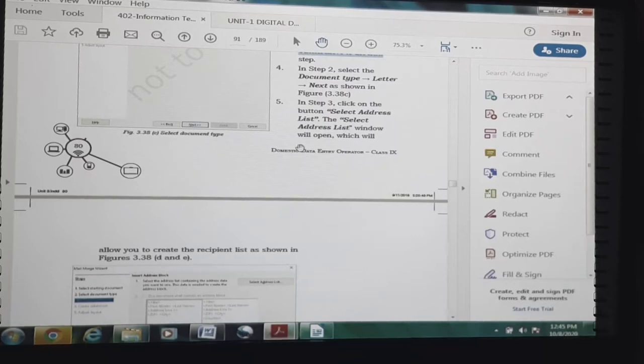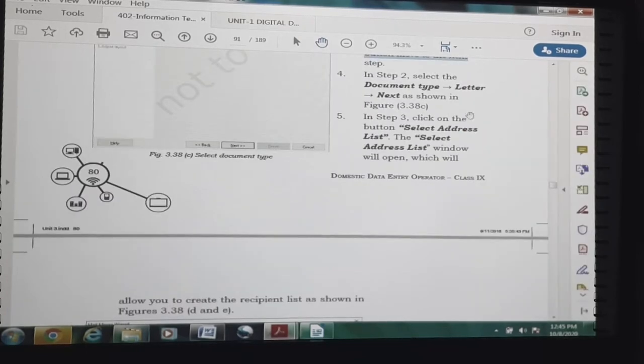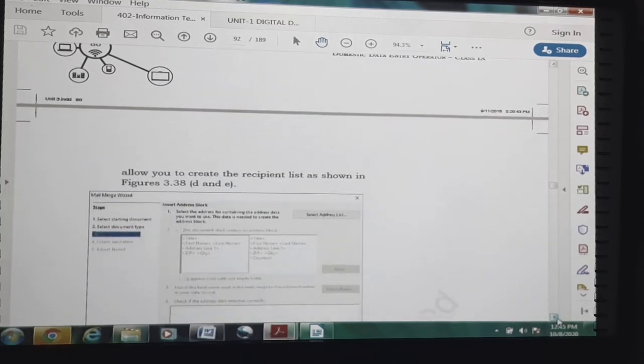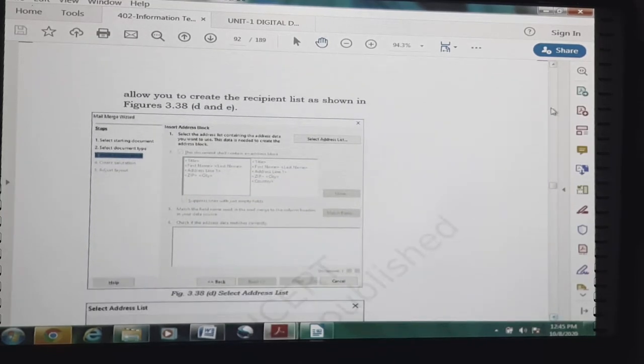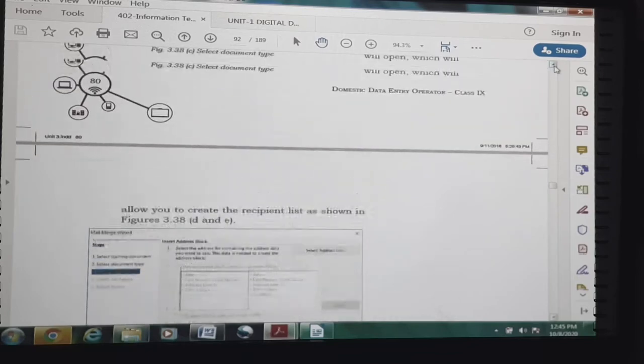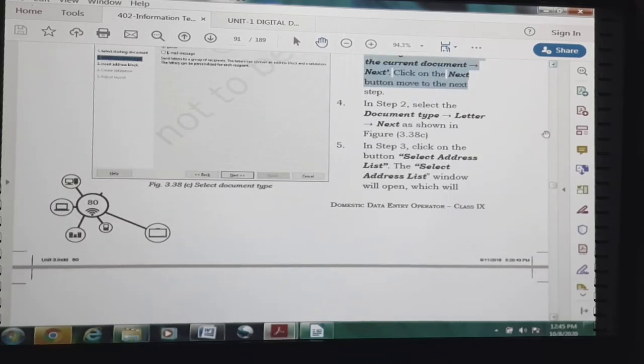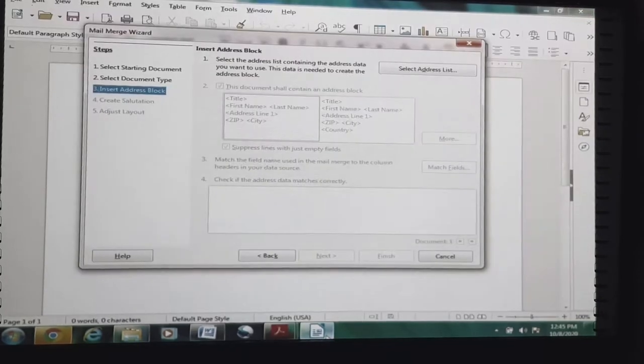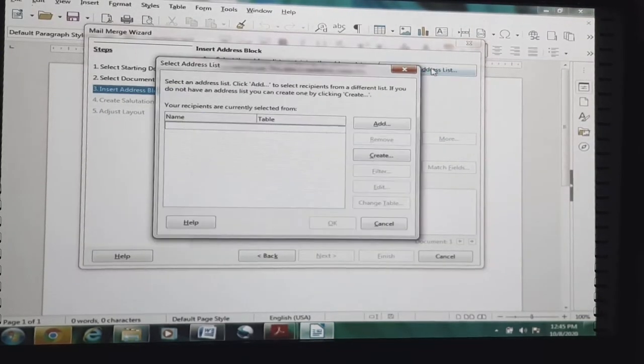The Select Address List window will open, which will allow us to create the recipient list as shown in figures 3.38D and E. So go to Select Address List. Now based on our requirement, we can add or delete the columns or address list here.